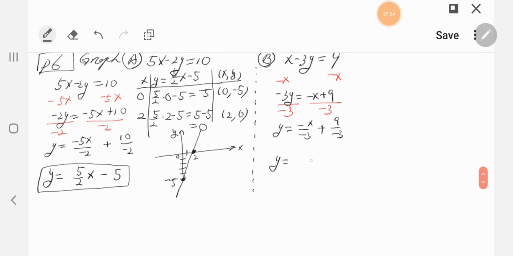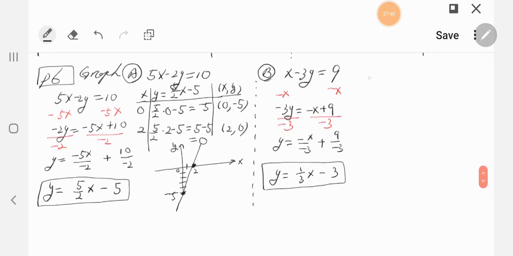Then y is equal to positive, right? Positive 1 over 3x minus 3. Can you see it? Negative and positive, so 1 over 3. And the negative sign moves to the front, so reduce it, negative 3. Okay, so from here, let's find